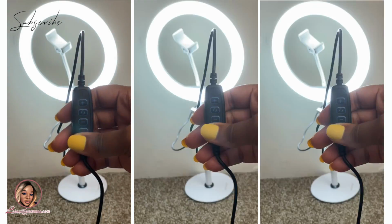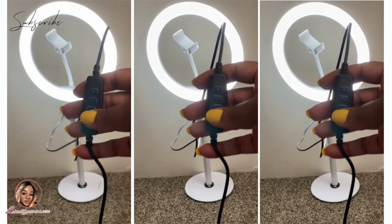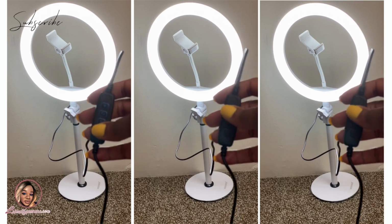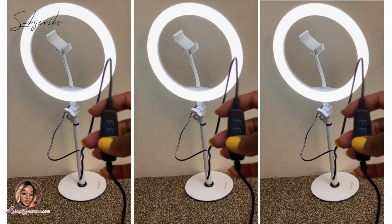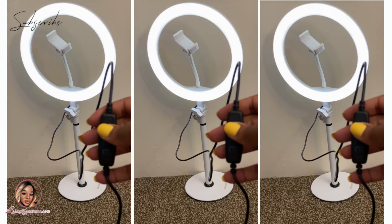Turn it off. If you want to switch the intensity, you just press up or down on the minus. You might not be able to see it because of the lighting, but I'm gonna do it. So that's the highest, that's the low, medium, and that's it, low. And it keeps dimming down, as you guys can see. Can you see that? And that's the lowest. And then if I want to go back up,